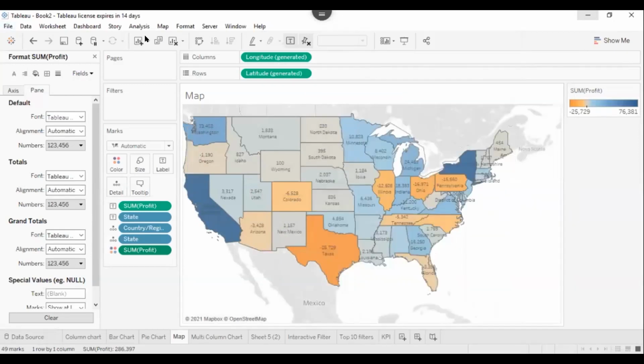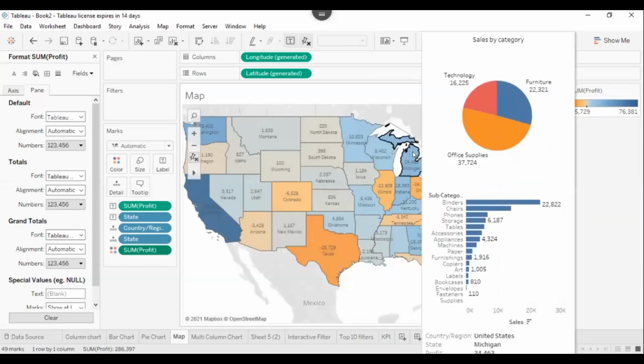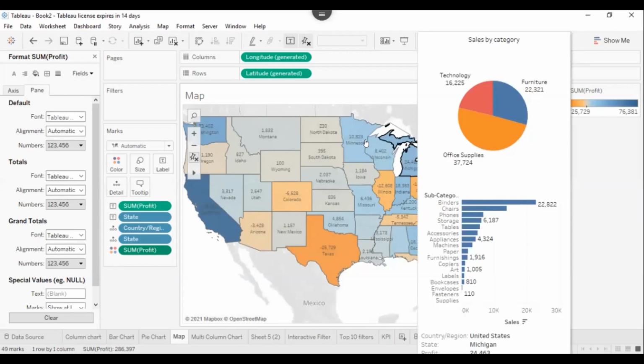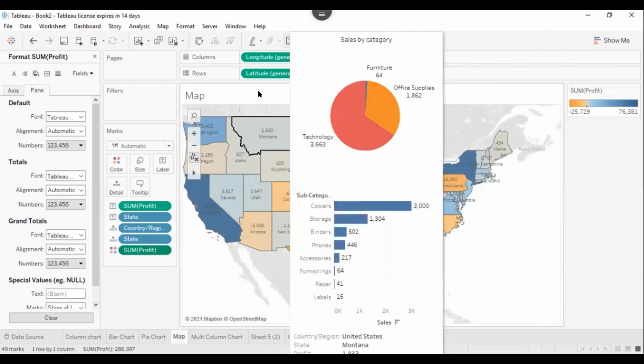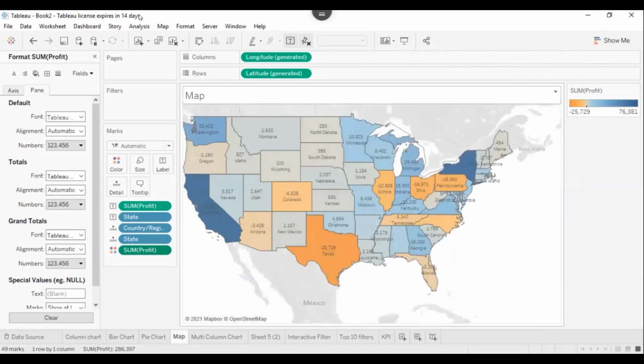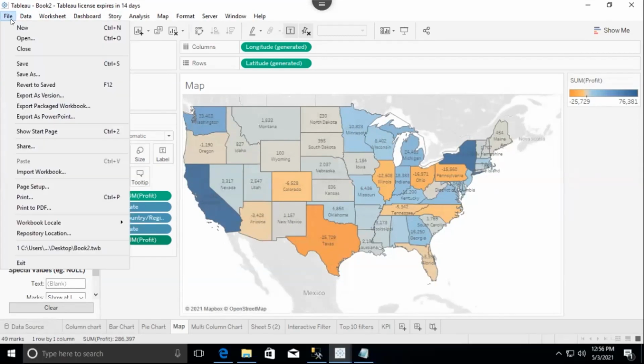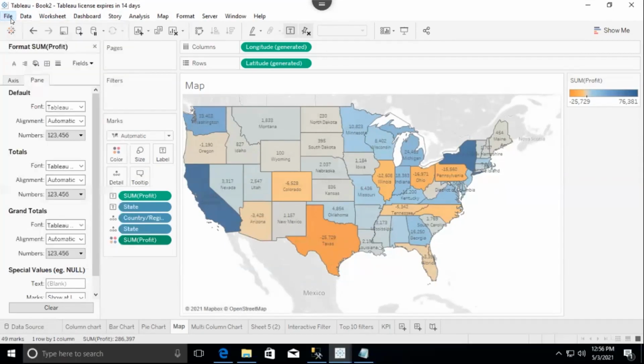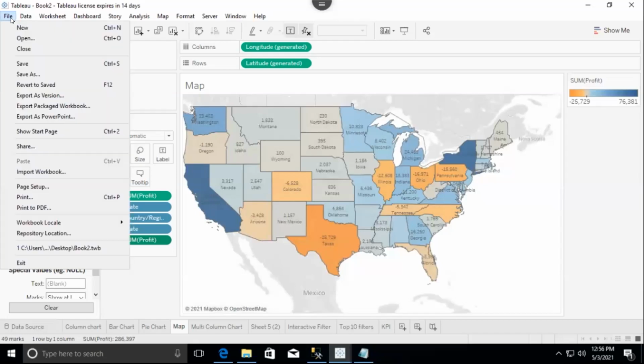Because on the title of his screen it says Tableau Book 2, Tableau license expires in 14 days. When he clicks on the File menu bar Save option, Febin can save this workbook on his personal laptop. That is possible, but we don't want to save on the laptop.